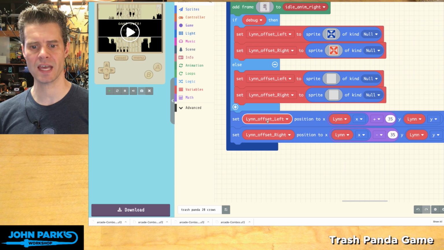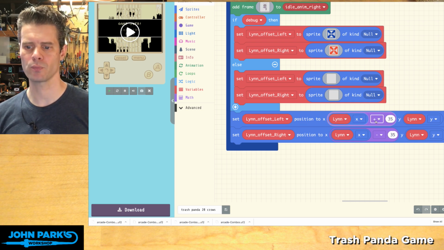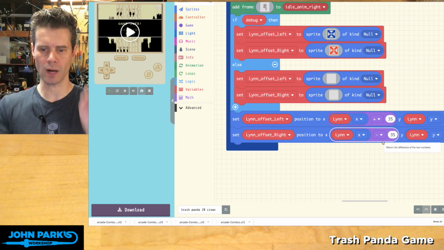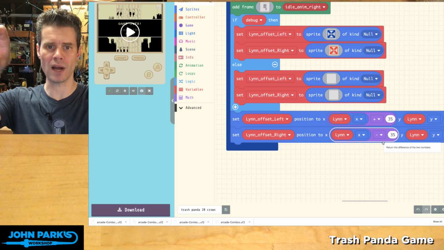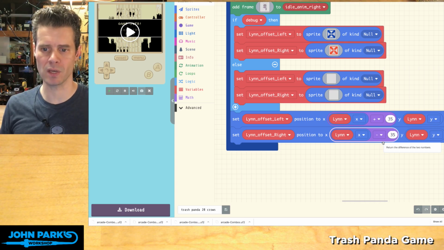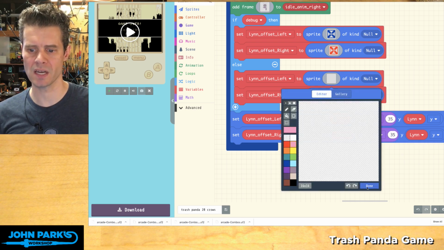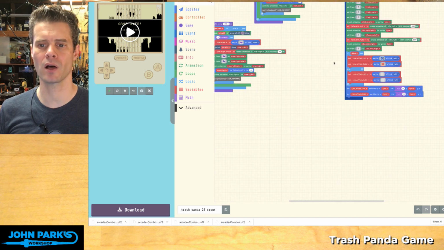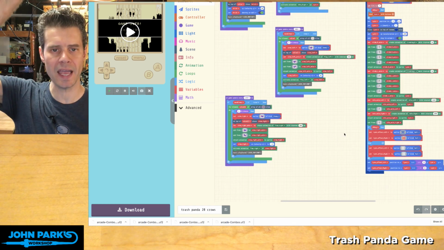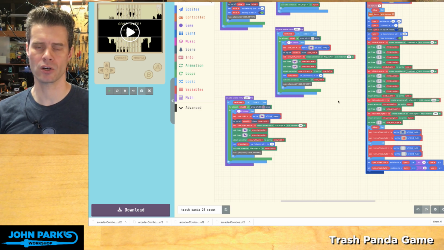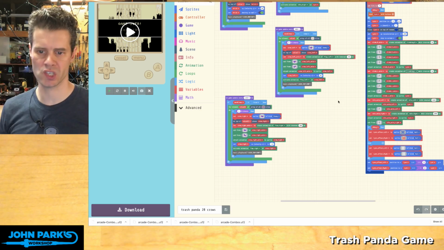Set offset left position to Lynn's X value plus 35 units, and then the right is the opposite. So what I'm doing is I'm actually creating two sprites that always travel with the character that we can't see, because I've normally set their sprite to be nothing. And the whole reason I'm using this is for this type of scrolling game, the way we keep the character in the screen is with this center camera,